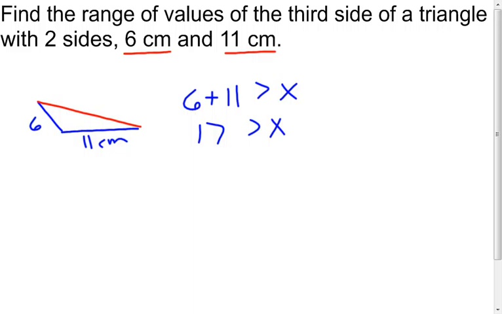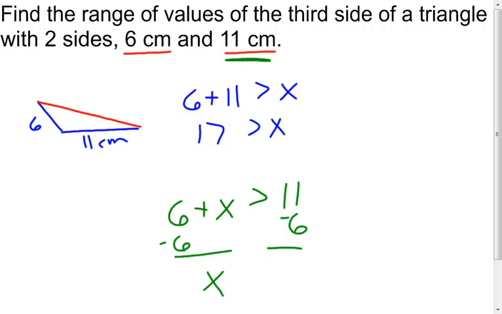But then you have to come back, and next time you have to say, well, maybe these aren't the two smallest sides. Maybe this one right here is the biggest side in the triangle. So then I have to add the two small sides together, which would be 6, one of the smaller ones, and then the other one, I don't know. Well, that's my x again. And those two small sides added together have to be greater than the biggest side, which is 11. Solve this inequality. So I'm going to subtract my 6 from both sides, and now it says x has to be